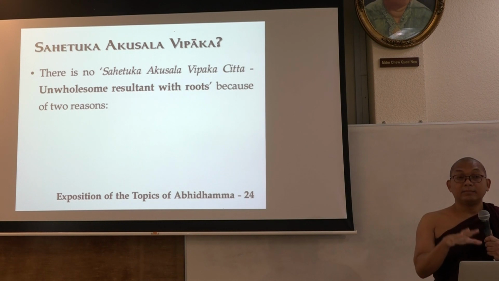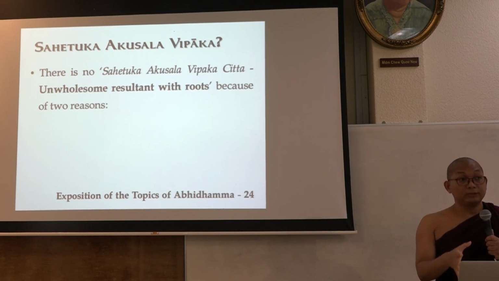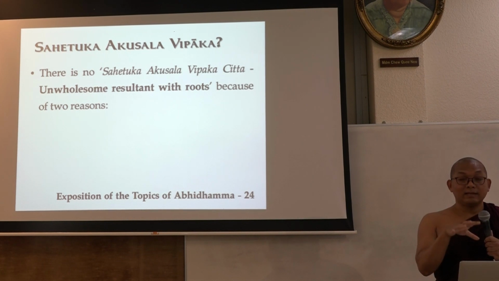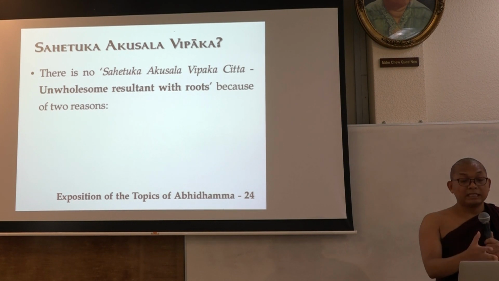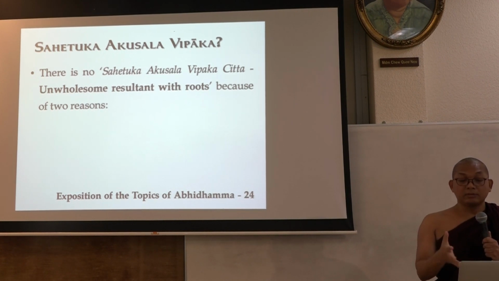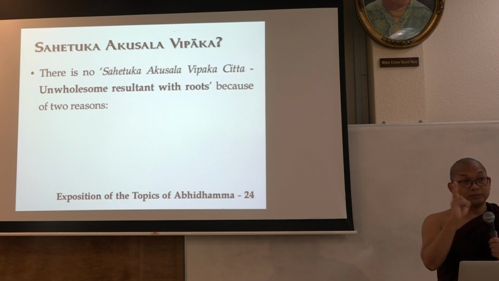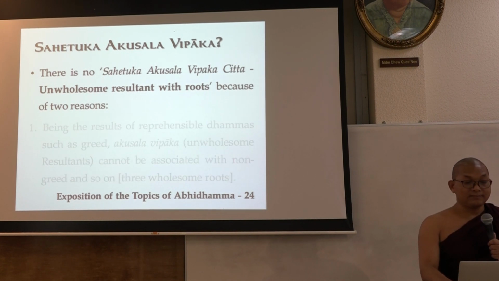Actually here, the Abhidhammattha Sangaha is a commentary on the Abhidhamma texts. Then another text, we call it Vibhavini Tika. In English, we can call it the sub-commentary. The sub-commentary tries to explain why we don't have sahetuka akusala vipaka citta, because of two reasons. Number one,